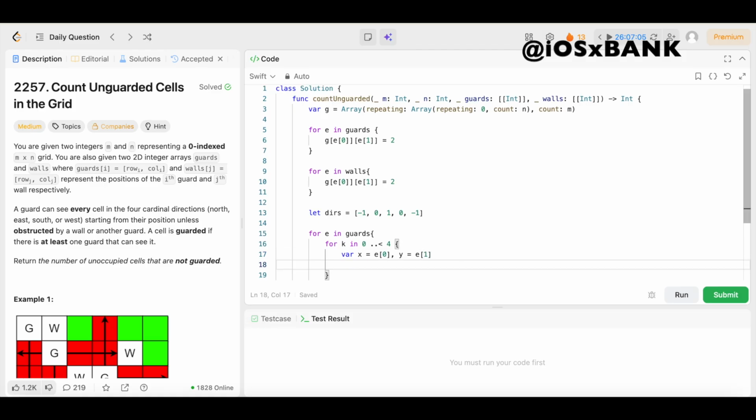Then we're going to come underneath that and create our direction vector by saying let dx equal dirs[k], come outside the square bracket, comma, dy, we're going to set that equal to dirs[k + 1]. Boom. Now we need to continue moving in this direction until we're either out of bounds or we encounter a